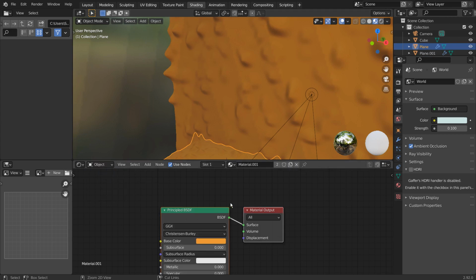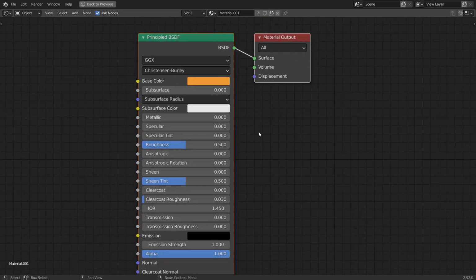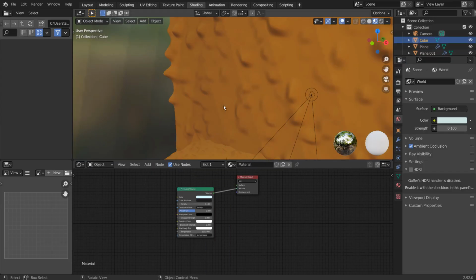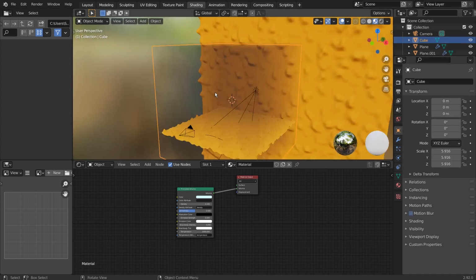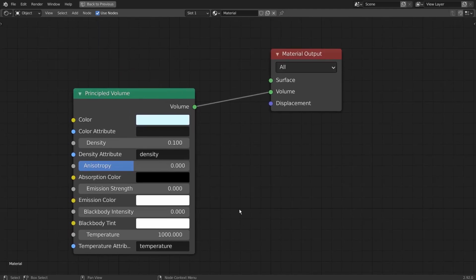This is the ground material. The final principled volume node looks like this.